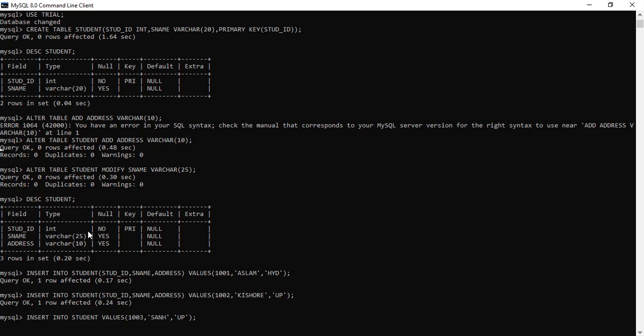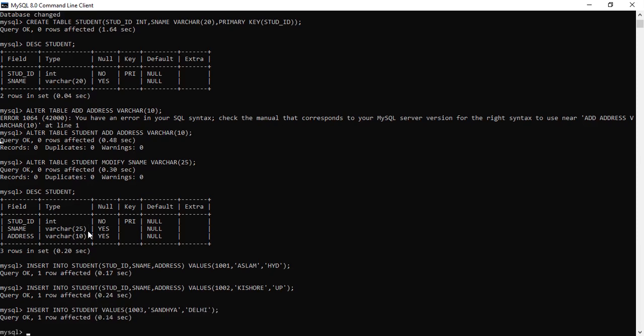Suppose Sandhya, she belongs to Delhi. Okay, now, this is another syntax of the insert command. We are just simplifying our syntax by removing the column names and just continuing with the values keyword and the rest of the values whatever we are going to input.